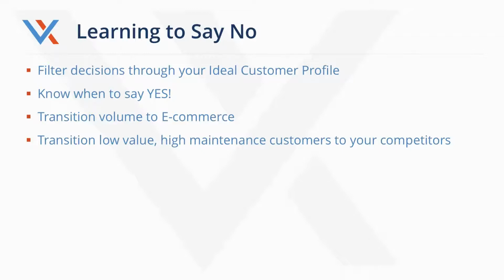Another strategy, if you want to retain volume, so let's say you've got a really large customer list, but there's still some decent revenue and volume down on the bottom, and that revenue is good margin revenue for you. There's an opportunity to transition some of that volume to e-commerce. And you may ask, well, what does that do for me? What it generally does is take a lot of complexity out of the sales process and puts it onto the buyer. So they go in and fill in all the information, place the order, hit submit, and hopefully you've got a streamlined process internally that allows you to take that order, fulfill it, and get it out the door quickly.